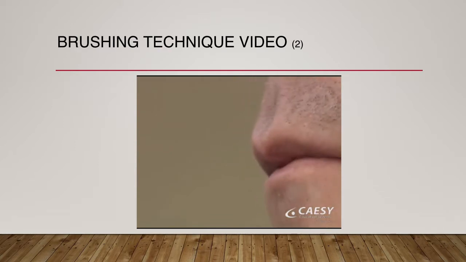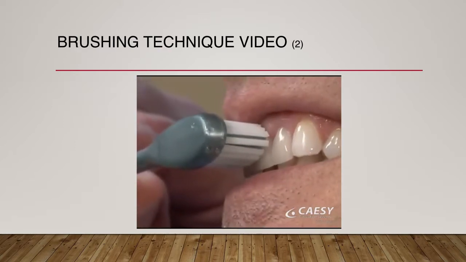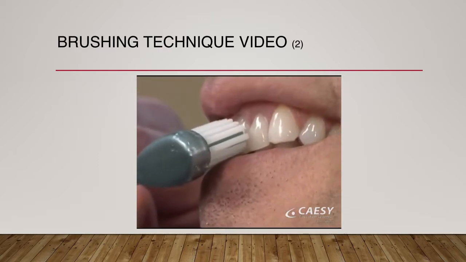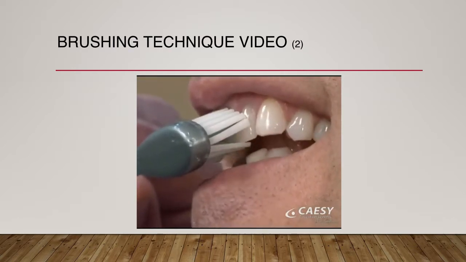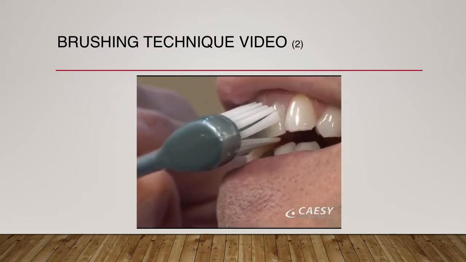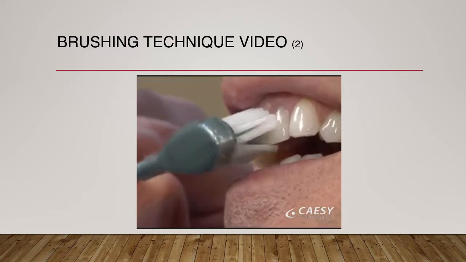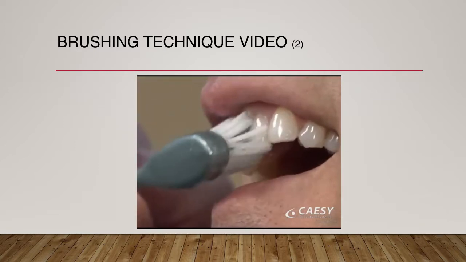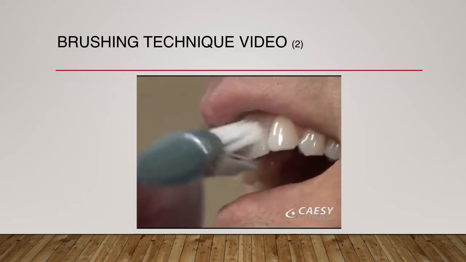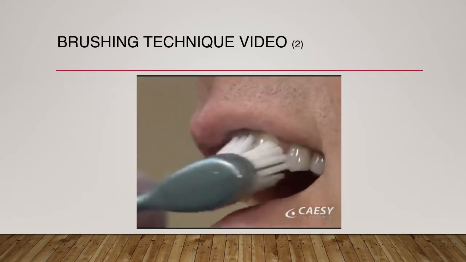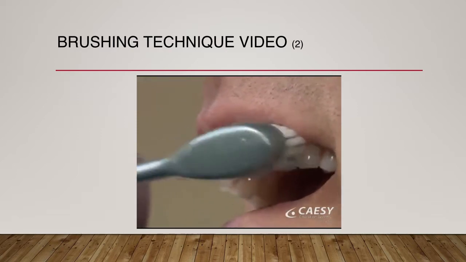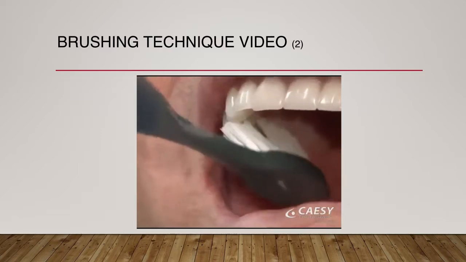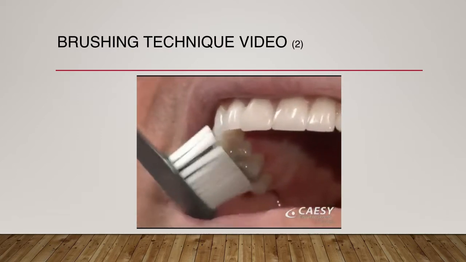To start, center your brush on the gum line and angle the bristles at a 45-degree angle. Apply gentle pressure so the bristles slide under the gum line. Gently vibrate the brush while you move it in short, circular, wiggling motions. Brush 1 or 2 teeth at a time, then move to the neighboring teeth, allowing some overlap. Use this method to brush the insides and outsides of all the teeth.